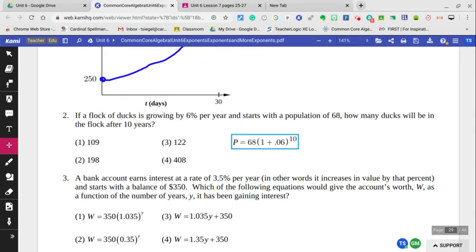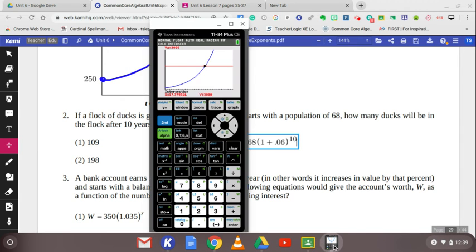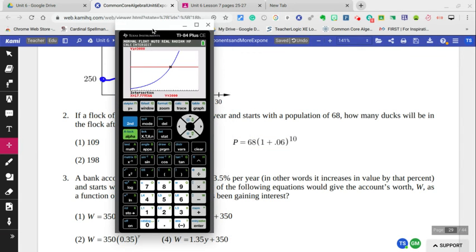Let's put it in our calculators and see what it gives us. Let's get out of here, second quit. To get back to here, we have 68, parentheses, 1 plus 0.16, close parentheses, raised to the 10th power. And that's equal to